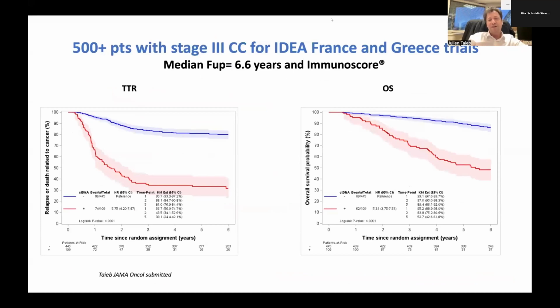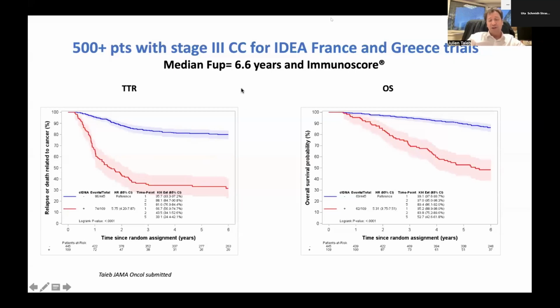We also have published recently, because one of the questions is, do we need only ctDNA, or do we still need to mix ctDNA with clinical, pathological, transcriptomic, immunoscores, whatever, to improve their performance? So we have published recently, and this will be published in the Journal of Clinical Oncology in the near future, it is accepted that ctDNA is a very good prognosticator in 500 patients from India, France, and Greece,